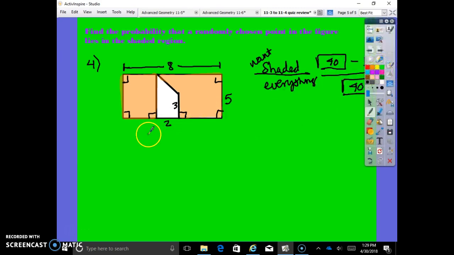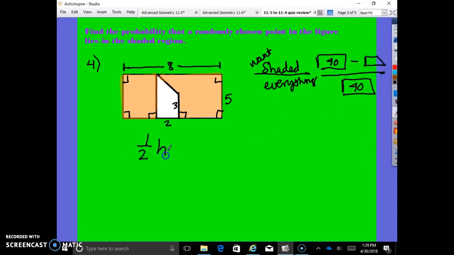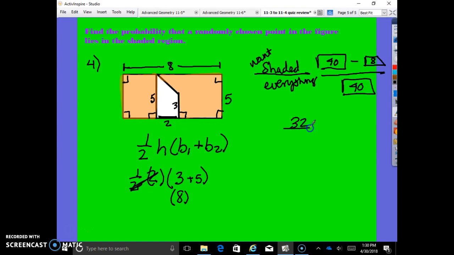What is our trapezoid? 1/2 the height times the sum of the bases. 1/2, what is the height of the trapezoid? 2. And the bases, we have 3 and 5. All right, so 3 plus 5? 8. And 2 divided by 2 is 1, it's gone, so 8. 40 minus 8, 32. Over 40 is going to give me